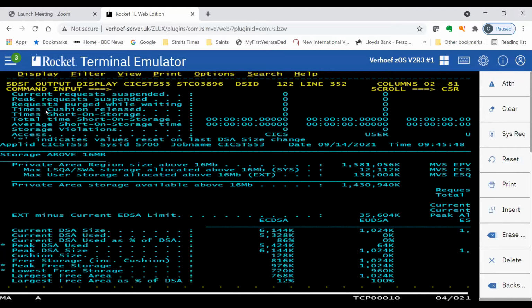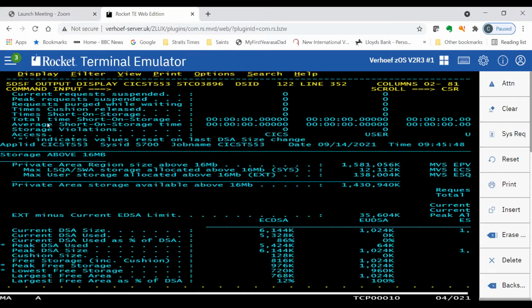And so the cushion being released is a good litmus test, if you like, to tell you that I'm really up against it, and although we don't know immediately what the value is, I could look through the storage manager domain internals and find out. That can be done, but from a statistics point of view, I'm looking at 0, and that way I can know that my storage allocation for EDSA limit is going to be enough.